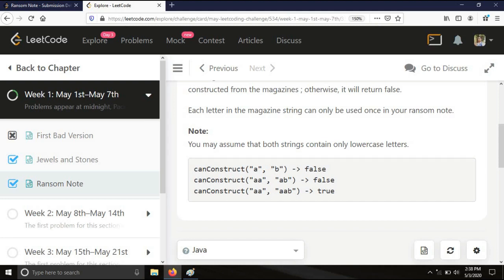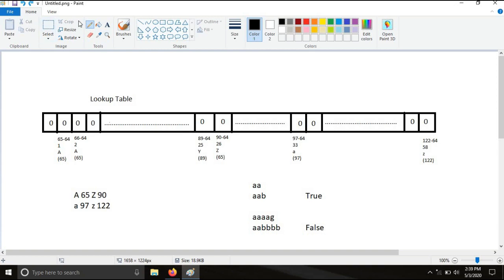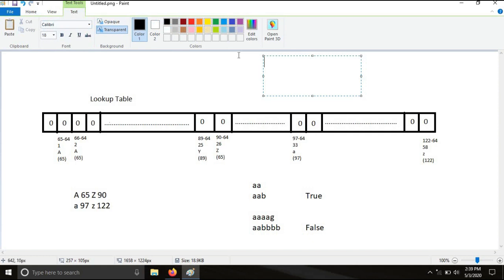Suppose in here, let me create one text. Suppose we have been given a ransom note string as AABAAC, and our magazine string contains AABBBBCZ, something like this.